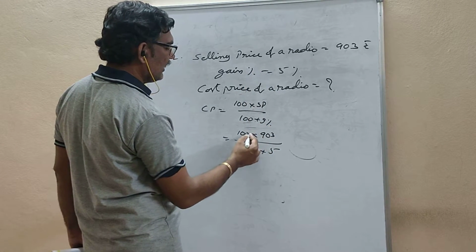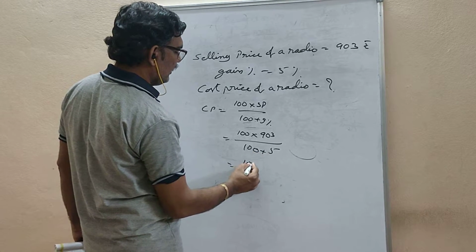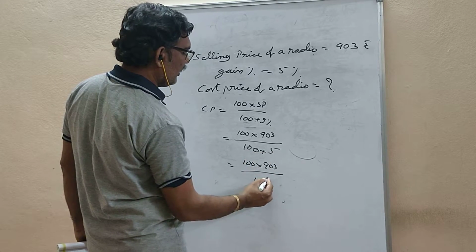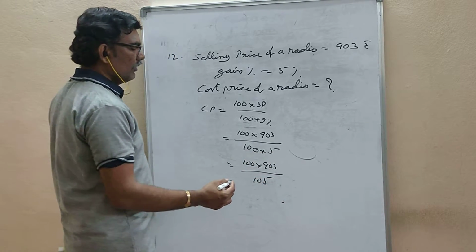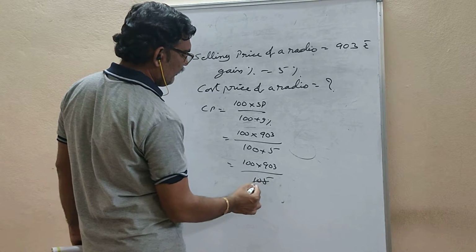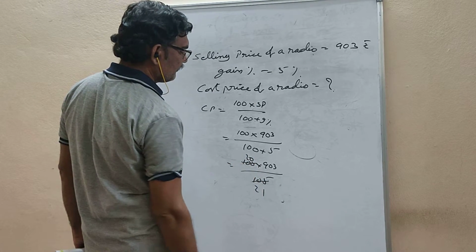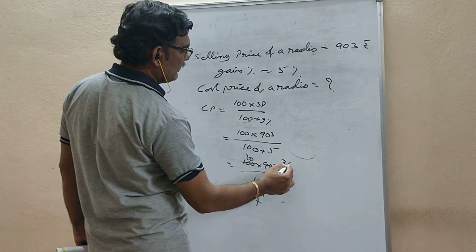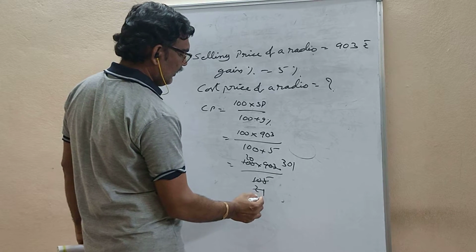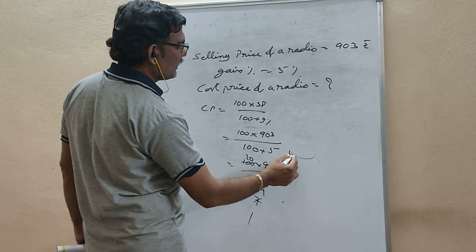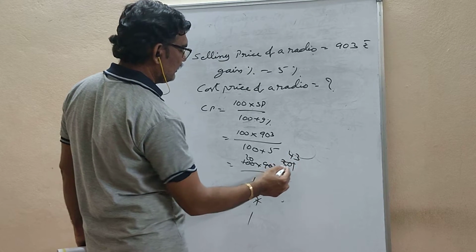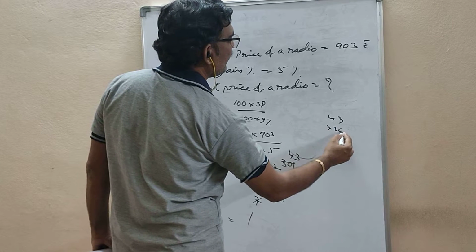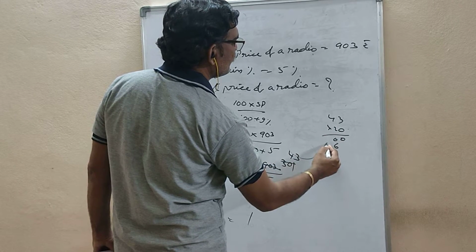Now we should not cancel 100 because here plus is there. 100 into 903 same as it is. 100 plus 5 is 105. Now in the 3 table or 5 table, 5 21s are 105, 5 20s are 100. If you know the 3 table, 3 7s are 21, 3 3s are 9, 0, 3 1s are 3. Now again the 7 table, 7 1s are 7, 7 4s are 28, 7 3s are 21. So you got here 20 into 43. 20 into 43. So 2 3s are 6, 2 4s are 8.